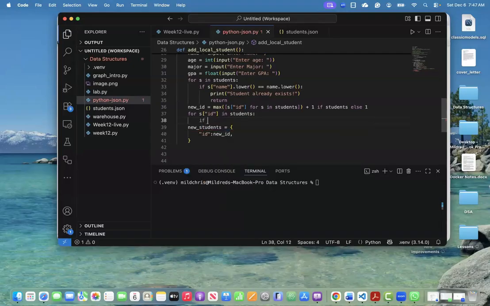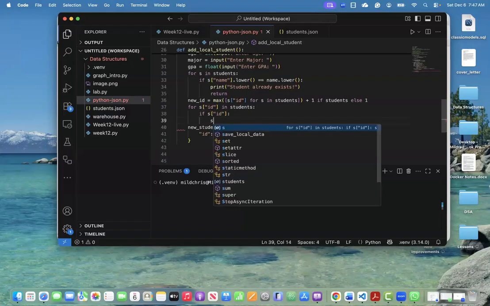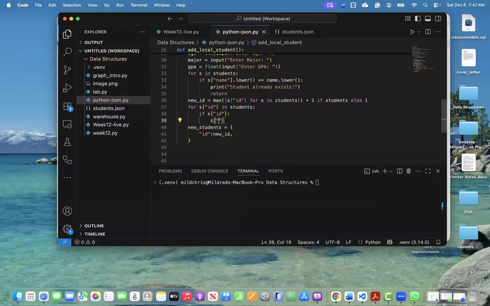If SID, then you say SID, or we can have an empty list. So if you want to do this, it will be more complicated. So you want to say student IDs like this, right? Is equal to an empty list. For SID in students,